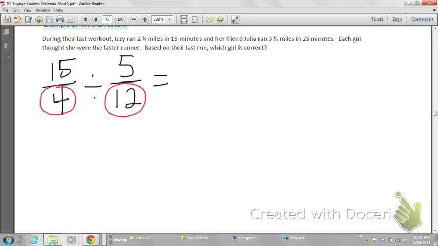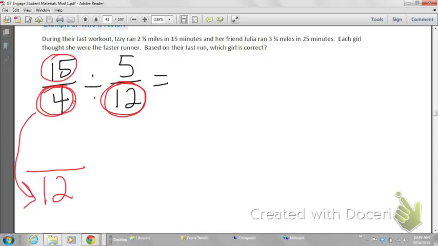But again, this is pretty convenient because we can see a common multiple, or the least common multiple, of 4 and 12. Hopefully you can see this quick. It is 12, right? Okay, so if we have 15 fourths, because we're multiplying 4 times 3 to get that 12, we're going to multiply 15 times 3 to get our new numerator, which is going to be 45. So now we can go 45,